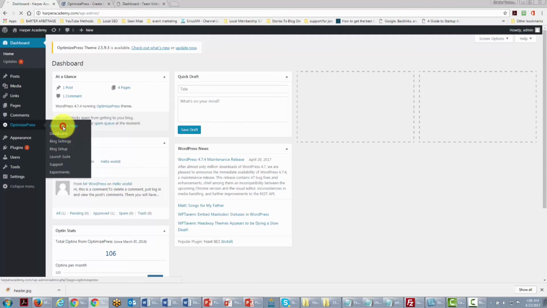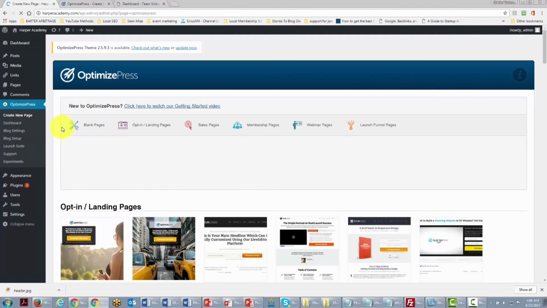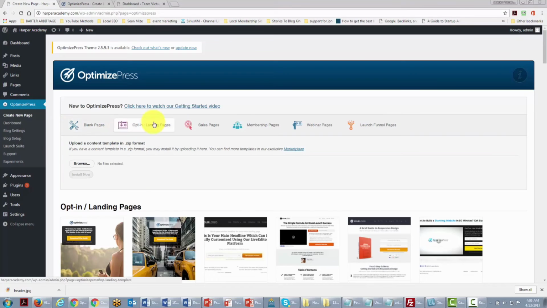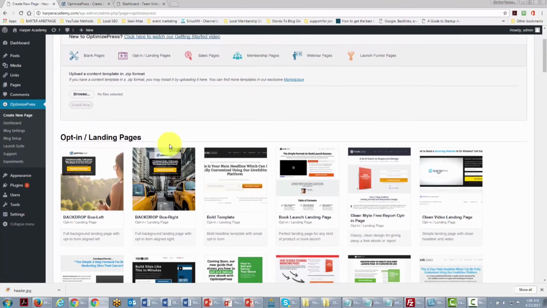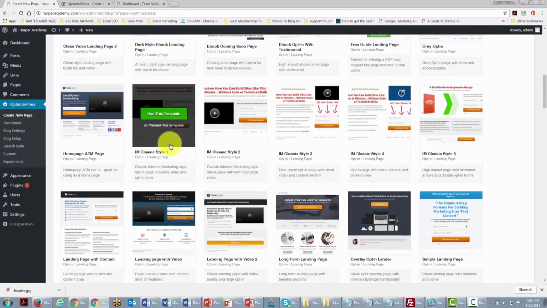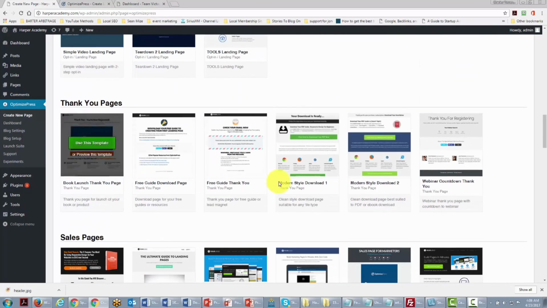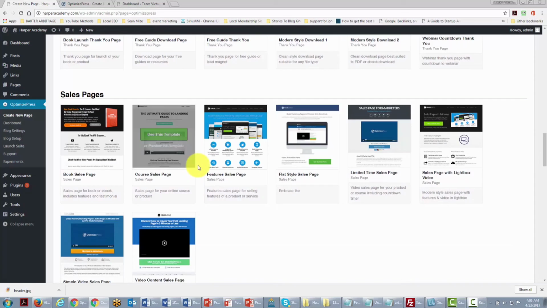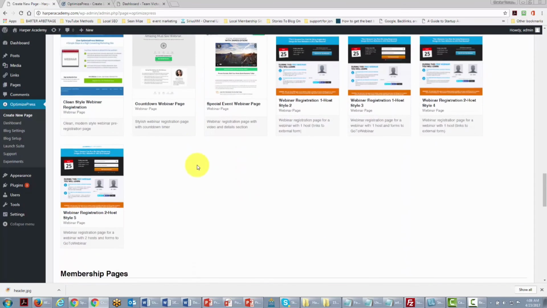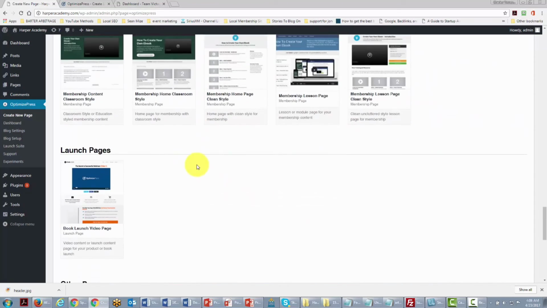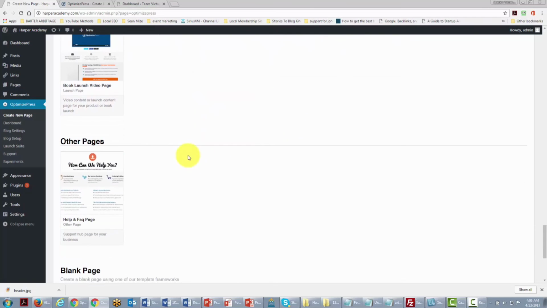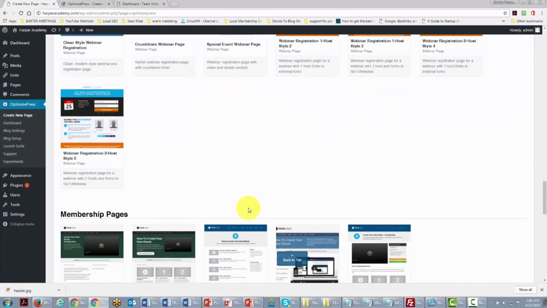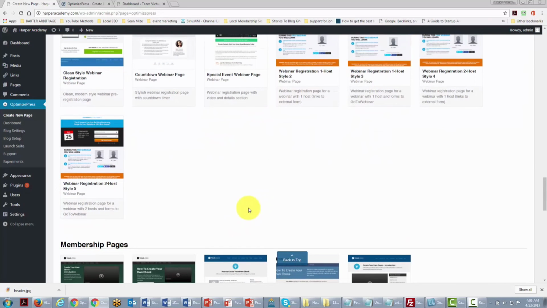dashboard, and you start the process by creating a new page. Optimized Press gives you several templates to start with. They give you landing pages, thank you pages, sales pages, webinar pages, membership pages, launch pages, and FAQ pages. And basically, these are starter templates that you can use in order to build